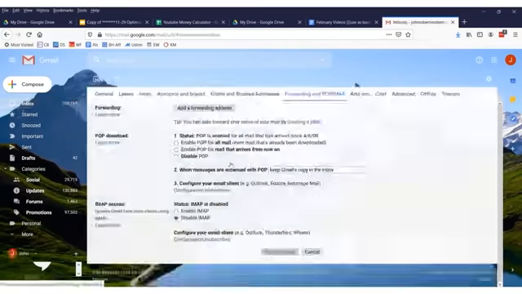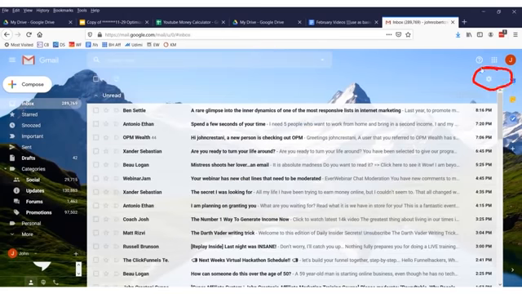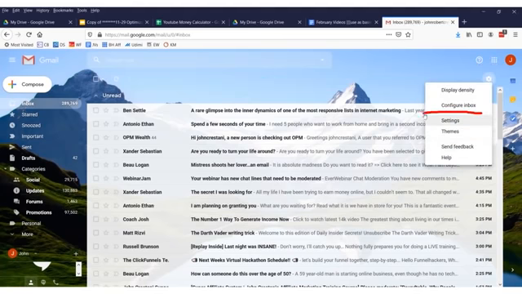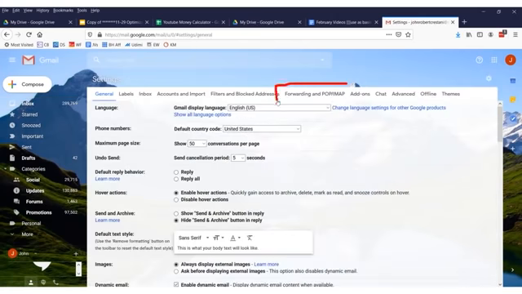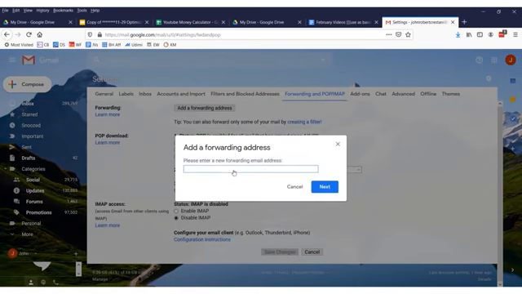Now let me show you how to auto forward things, talking about that. So to automatically forward things, as you see, we showed up on this screen a second ago. What you would actually do from the inbox is you would click this little gears icon right here, which is for settings. And then you'd click settings right there. Now, you want to go over to this area which says forwarding and POP/IMAP. And in order to forward an email, you'd click add a forwarding address and you would enter whatever email you want to forward it to. So let's say I wanted to forward it to